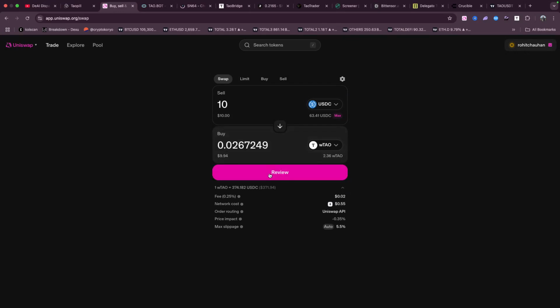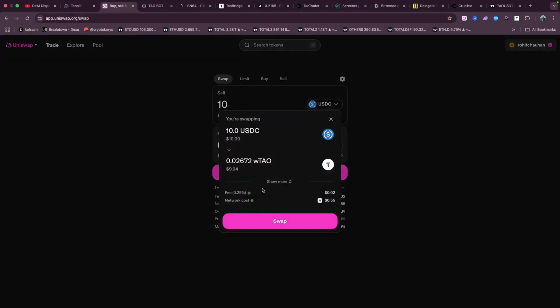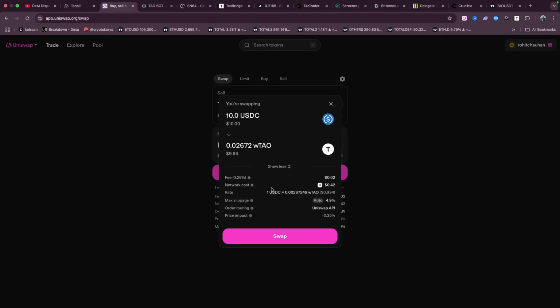And if I review, it'll tell me, okay, you're selling $10 of USDT and you're buying like $9.94 worth of wrapped Tao, because this includes some kind of network cost, which is the gas that you're paying to the validators, and the fees that Uniswap is charging, which is 0.25%. So you can do that, and you will get these tokens in your wallet, and then you can come to